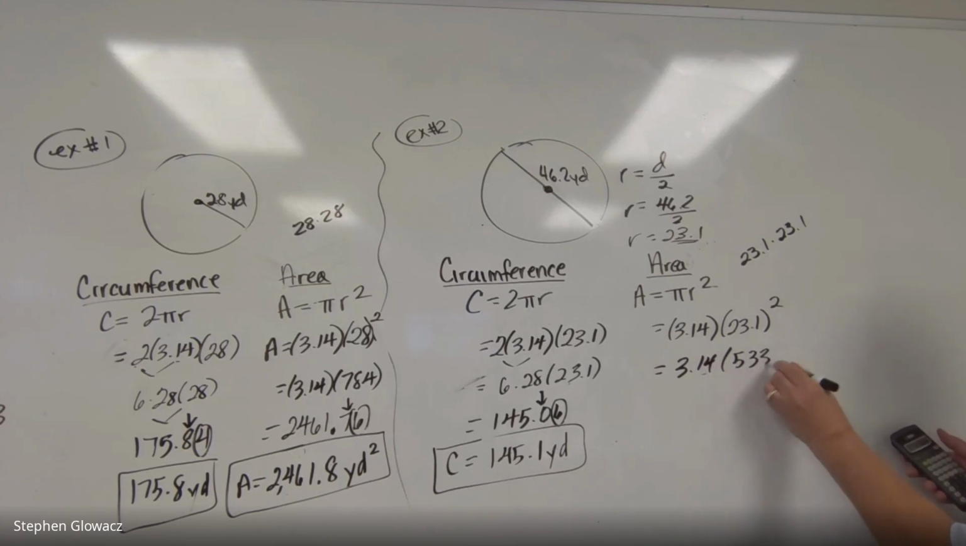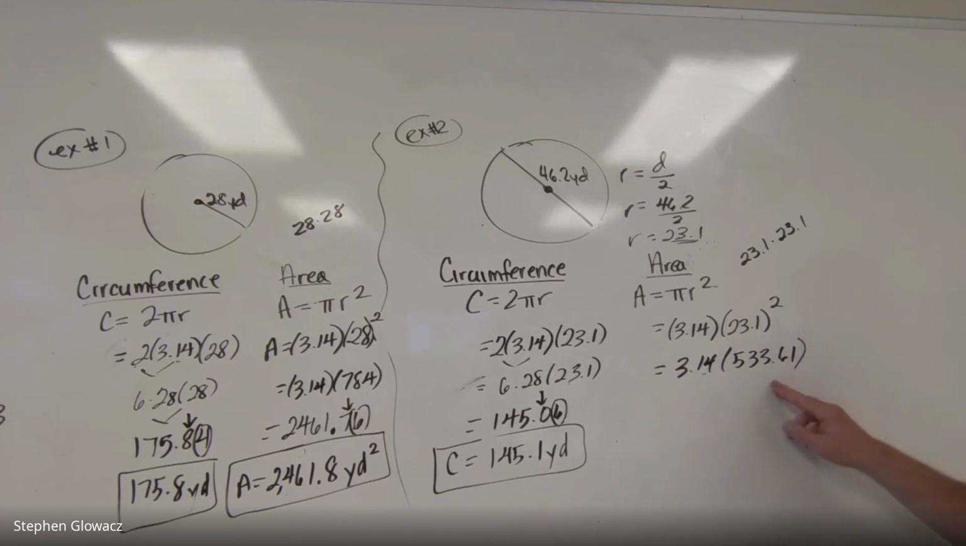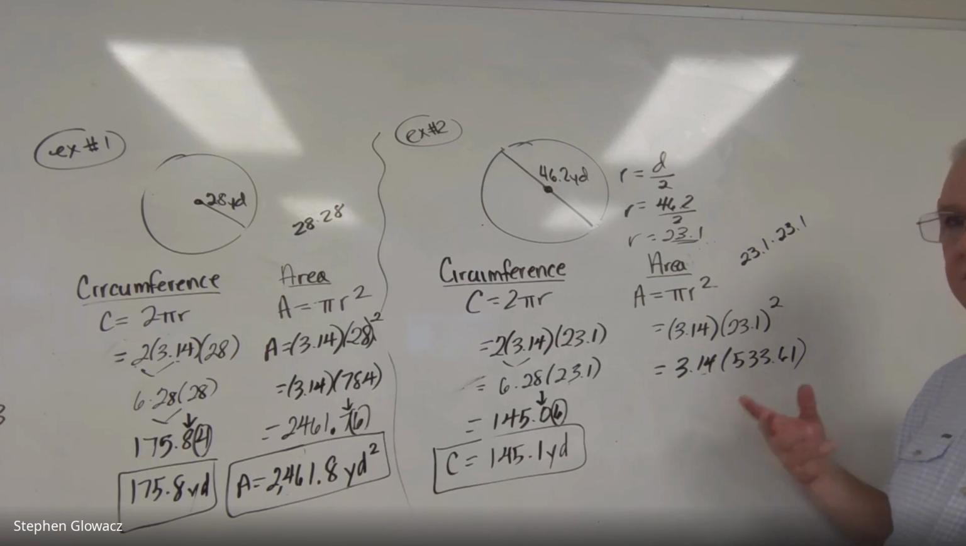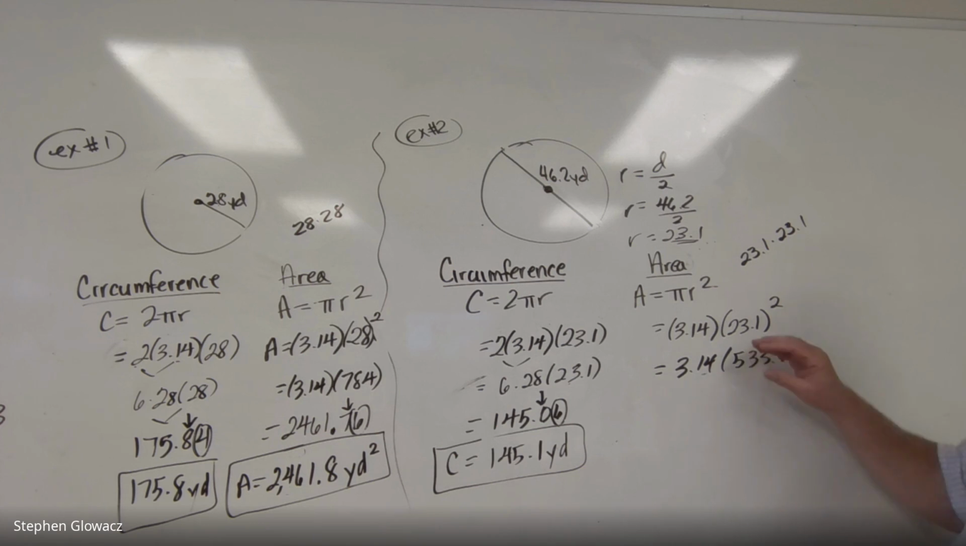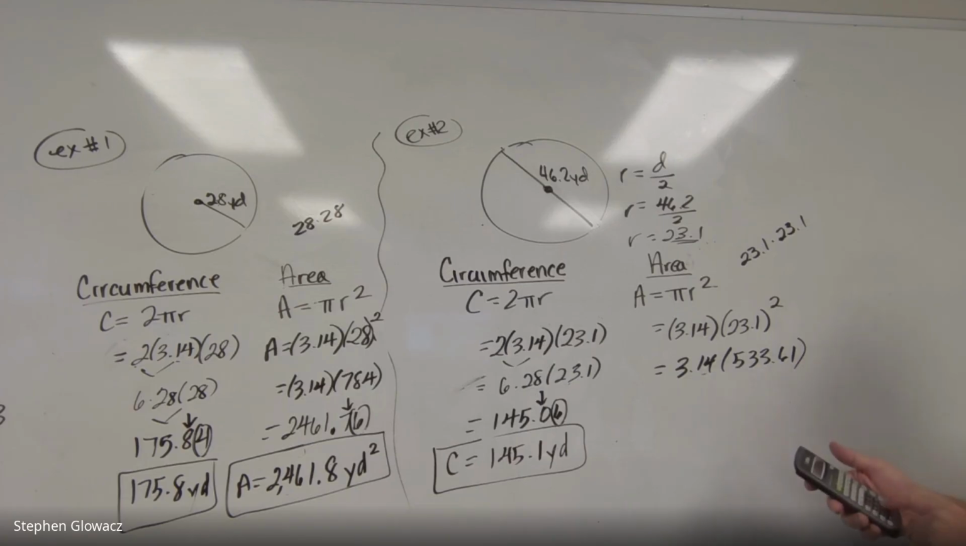533.61. Notice we're not rounding within the problem. I just want to point that out. If you round before you get to the end of the problem, you risk, and likely will happen, your answer is going to be slightly off depending on how you round. So whatever the decimal is, we're going to write out the whole decimal. Fortunately, it's only 2 decimal places here, but we don't want to do any rounding during the problem. All right, so now we're going to multiply 3.14 times 533.61, and we get